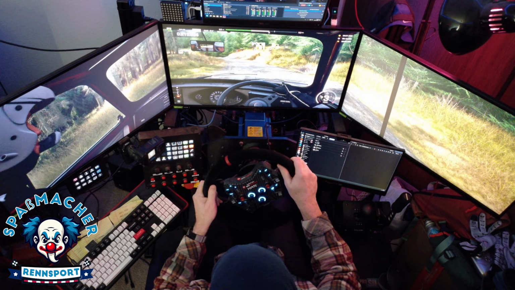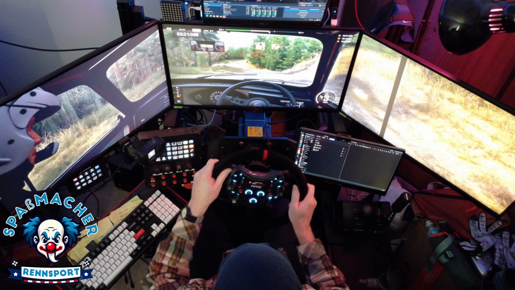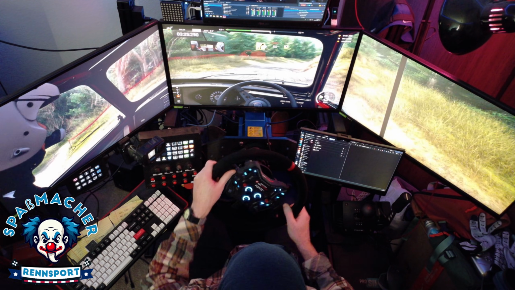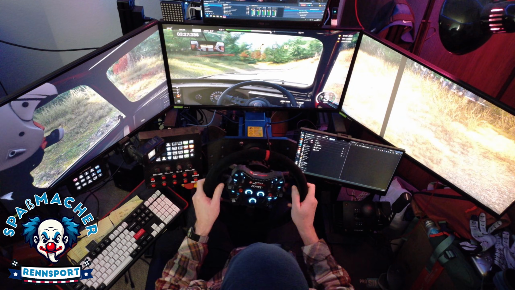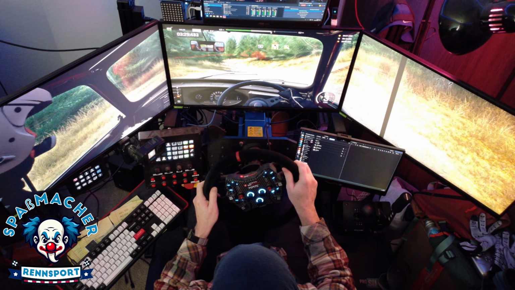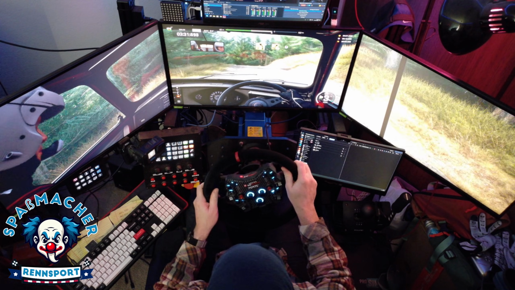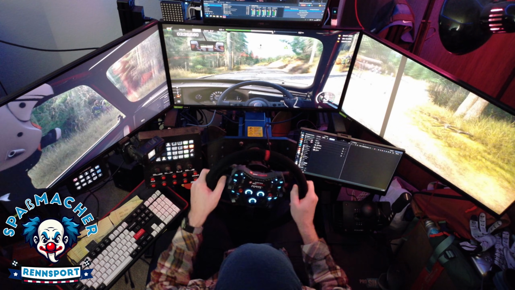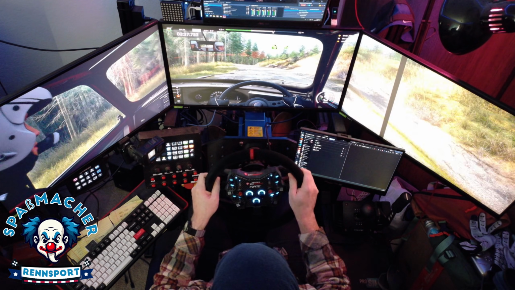I do really enjoy this. It's a lot of fun. I'm not lighting the world on fire with any speed records here, but the fact that it is a challenge to drive this thing